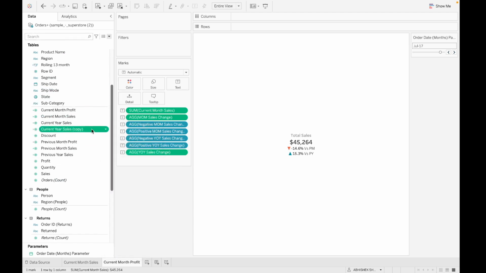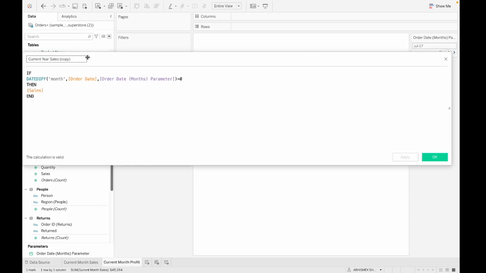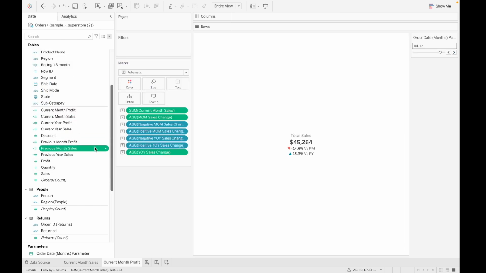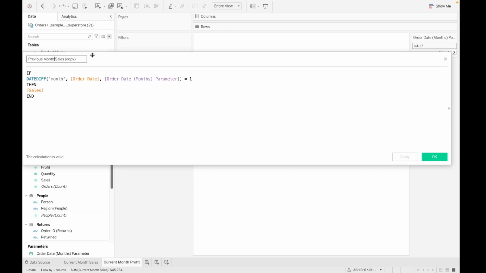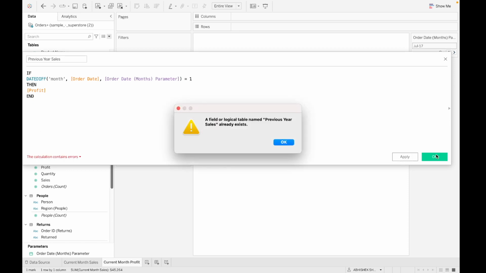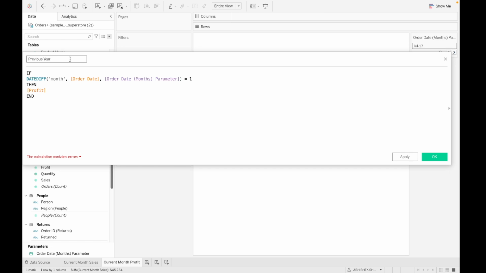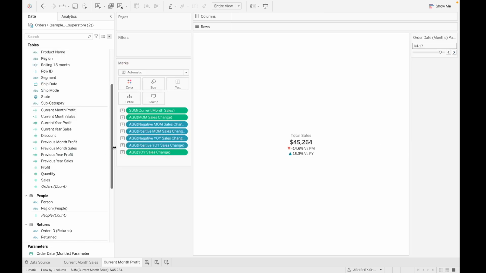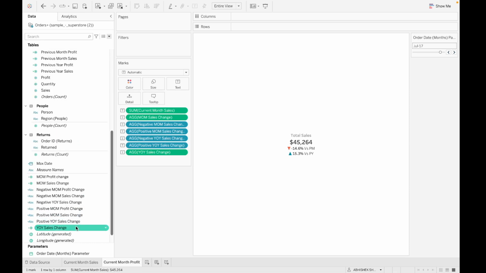so current year sales, duplicate it, edit, current year profit, similarly the previous year profit. Done. Then the YOY profit change,